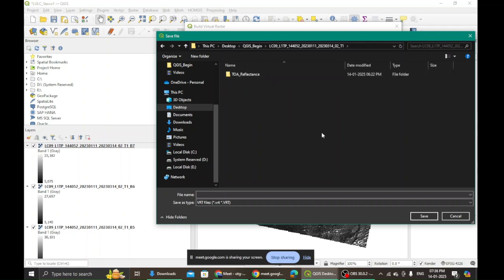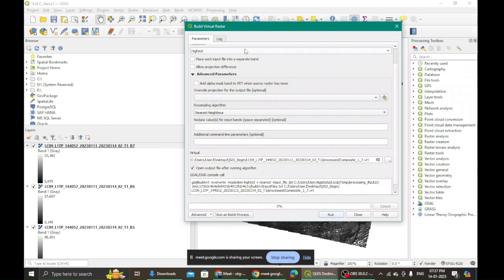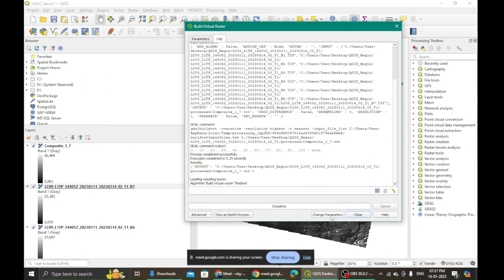This is where it is present, and I will make a new folder within that folder, and I call it processed. Why processed? Because this is not the data that has come along with the file. So I double click on this processed, and here I give it a name. What is the name? Composite. This is the name that I am giving it. Okay, composite for which bands? 1 to 7. Okay, and then I save. All right, I save this and I say run.